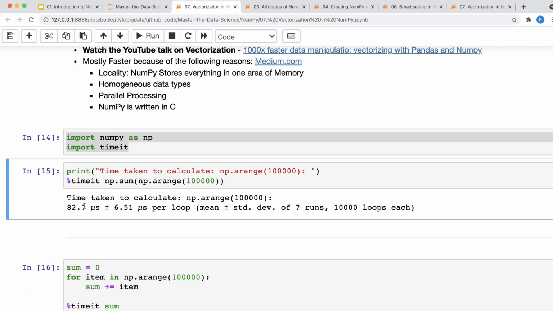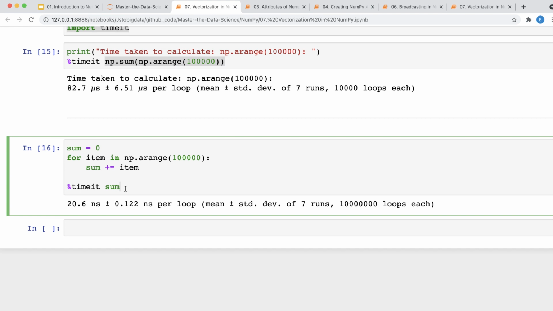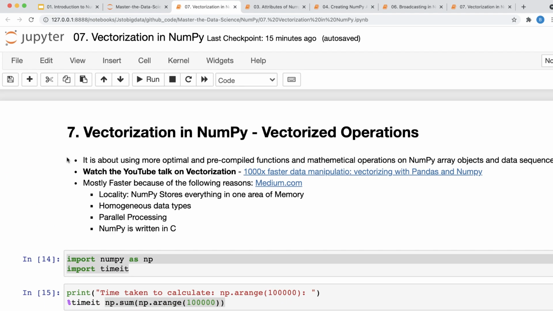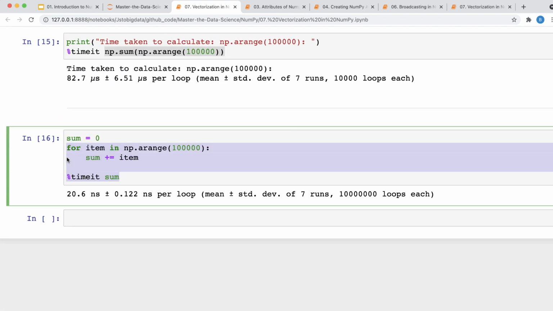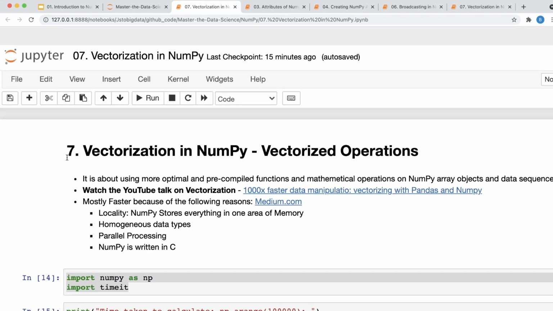So this is clearly because over here we use NumPy's inbuilt np.sum method. However, here we try to loop through the array ourselves and then calculate the sum. So according to the concept of vectorization, what NumPy recommends is that you stick to the inbuilt NumPy functions to perform any mathematical operation, and unless something is not available, then you try to write your own functions. So I hope this concept is clear to you so far. If you have any question on this, please comment it down.